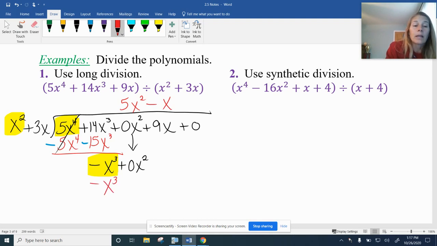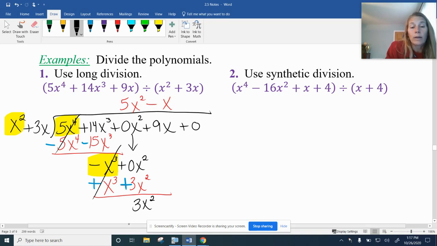And then negative x times 3x will be negative 3x squared. Now we're subtracting. Both of these are negatives, so that's going to make them both into addition signs. The x cubes cancel, and then I have 3x squared, and I'm dropping down my 9x since that's my next term. Now I have to figure out what do I multiply x squared by to get 3x squared,